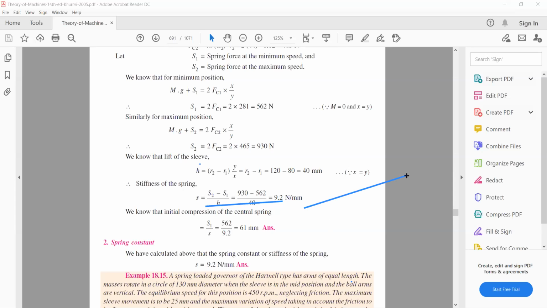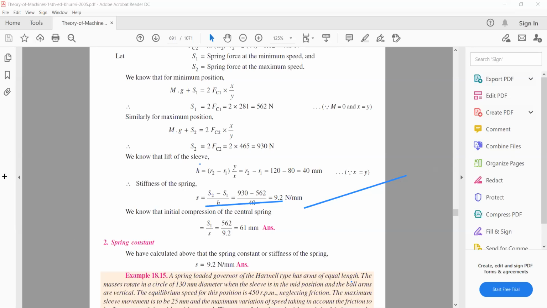So that is the stiffness of the spring. Now we are going to find the initial compression of the central spring. Initial compression of the central spring equals capital S1 by small s. So the S1 value is 562 and s is 9.2. When we calculate the value, we get